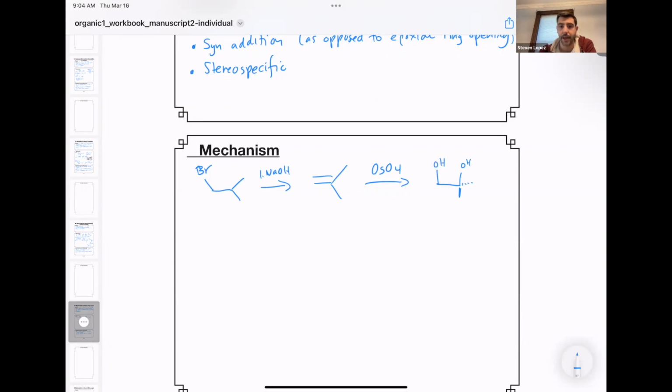So how does this reaction happen? First of all, the reagent osmium tetroxide looks like this. And this can undergo reactions with the alkene. So in short, the lone pair on this oxygen attacks this carbon. The pi bond on the alkene will attack the oxygen and push electrons back onto osmium. This produces an intermediate